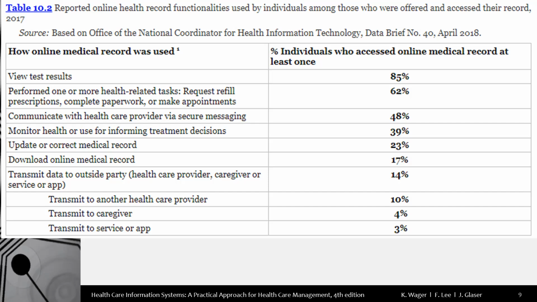62% did one or more health-related tasks. They requested a refill, completed some paperwork, or made appointments. And you can see sort of generally it goes in declining levels from there. 48% communicated with a healthcare provider via secure messaging. So this may be asking questions or asking for information,